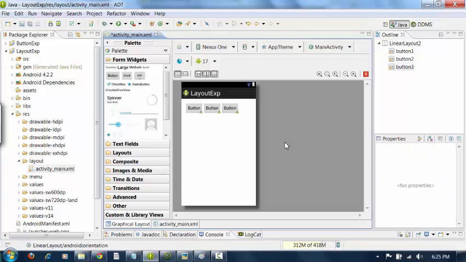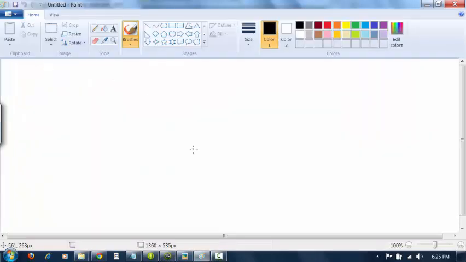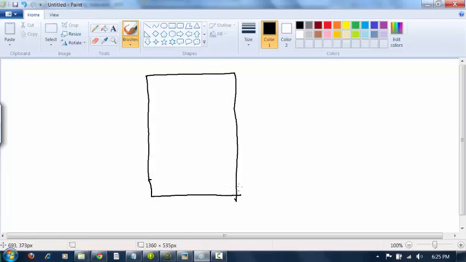Okay, now let us see what is relative layout. In the relative layout, the complete screen, if you consider this as a screen of your phone, the complete screen is divided into 4 quadrants.